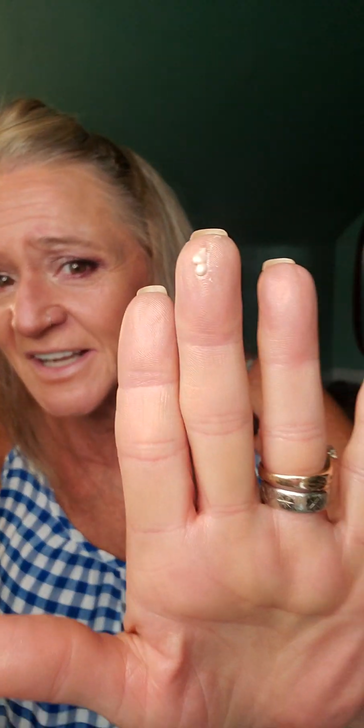Okie dokie, Smokies. We are going to do a little highlighting underneath there. Shall we? All right. So let's go ahead. I'm going to take such a little bit. It's hard to punch out just that tiny amount. Look how tiny. And then we're going to